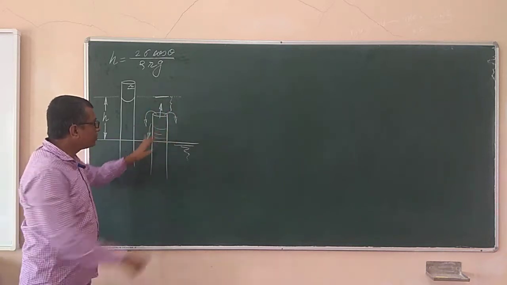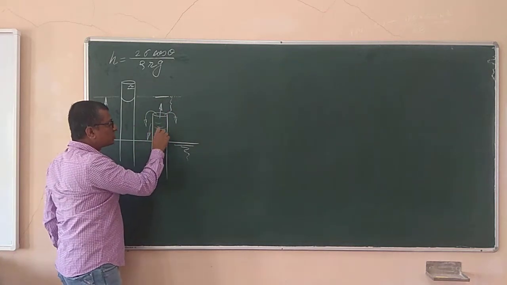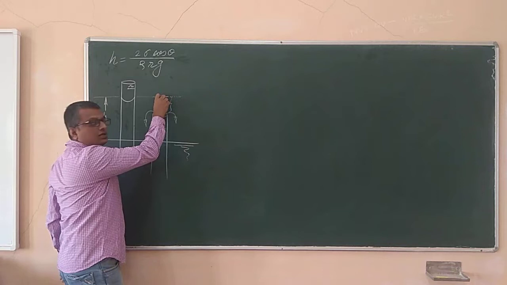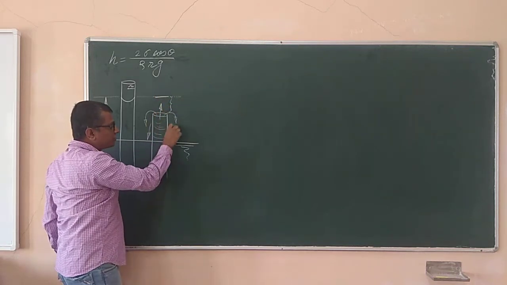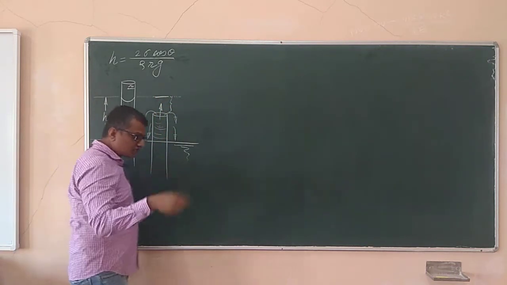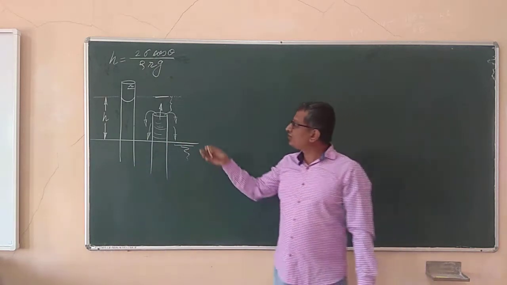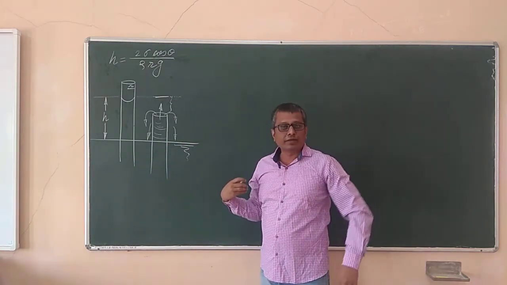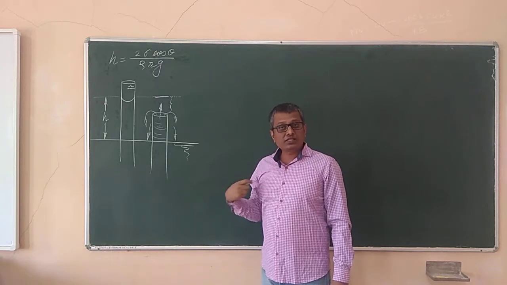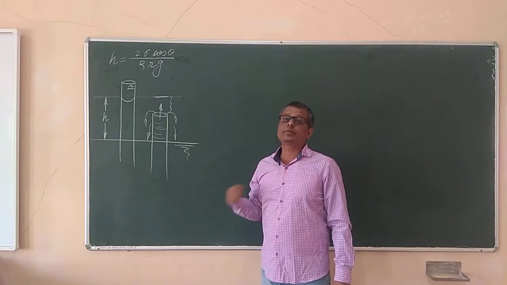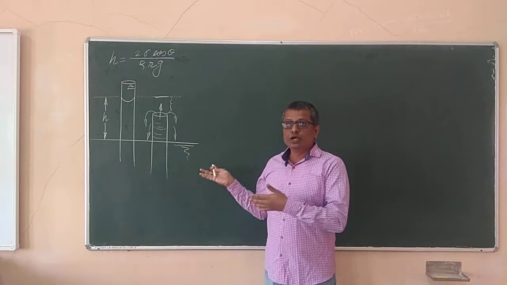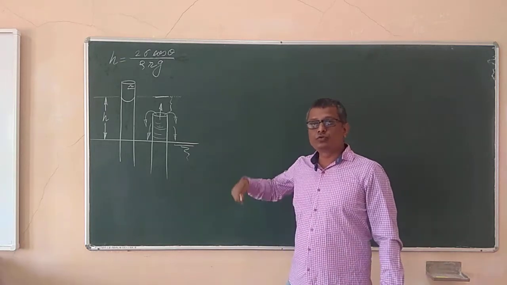So water will tend to climb up, but there is no tube over here, so it should fall down. Again, the water in the lower region of the tube will come up and try to climb up, but there is no tube over here, so it should fall down again. This process continues. It means the water should fall out of the capillary tube like a fountain. This is going to be a cyclic process, and there is no reason to stop the flow of liquid from the tube to the outside.